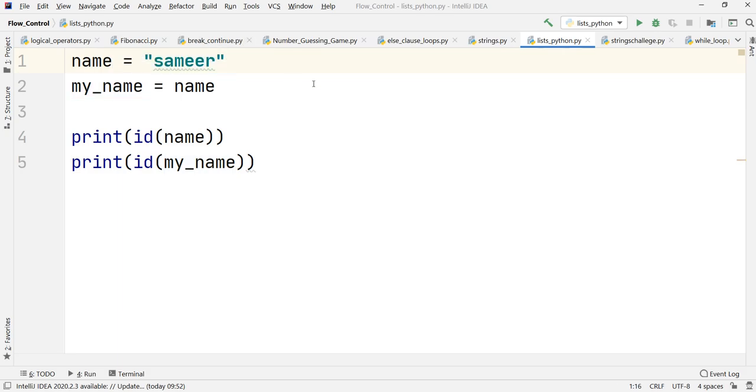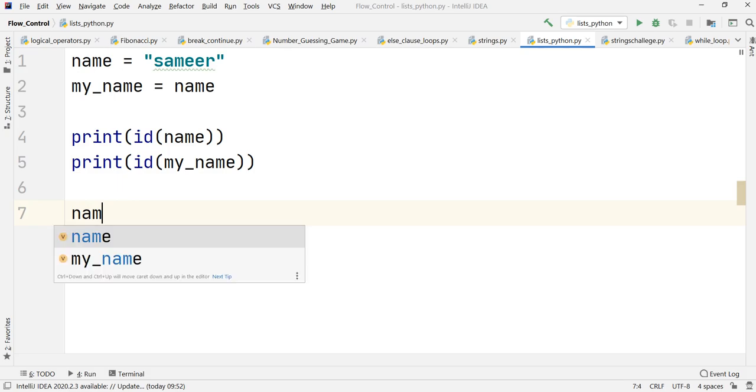The important thing to remember here is that Python is more concerned about the value than what you are naming it by. So Python has considered this value as Sameer, and it has labeled it by both names because both the values are the same. But still, it doesn't say anything about the immutability of our strings. So how can we check that? Let's just see what I'm about to do.